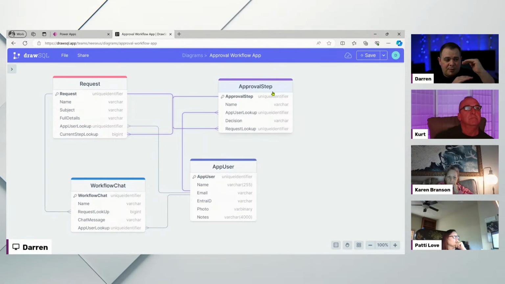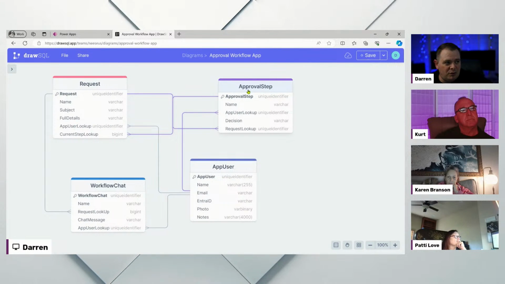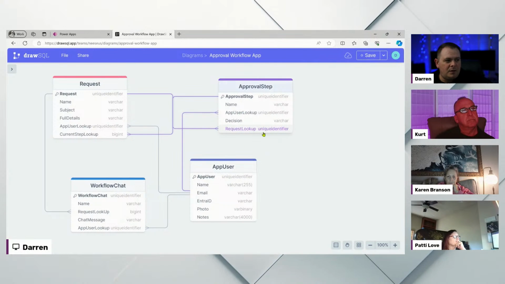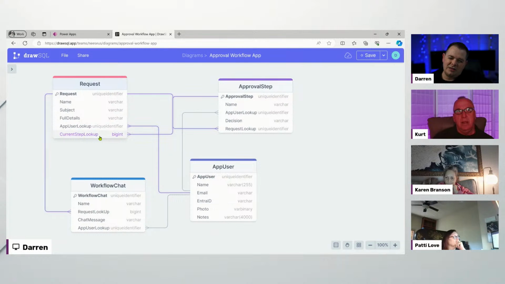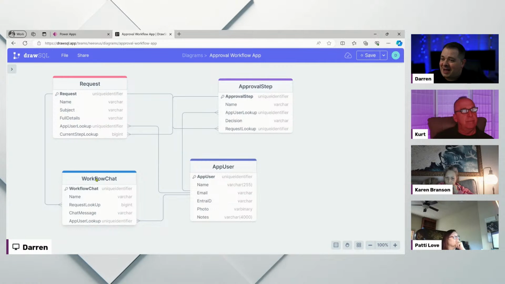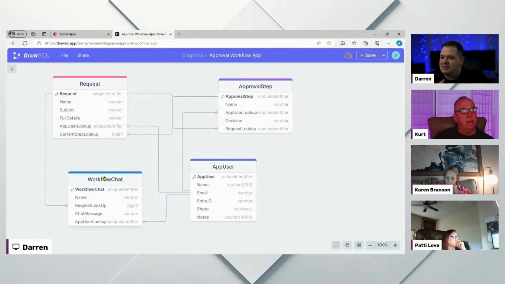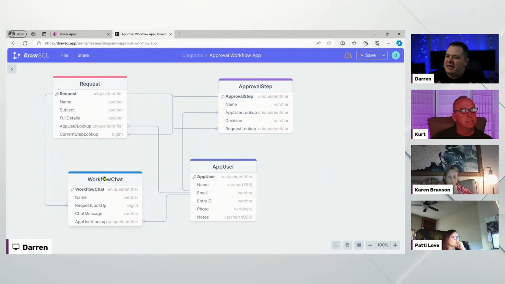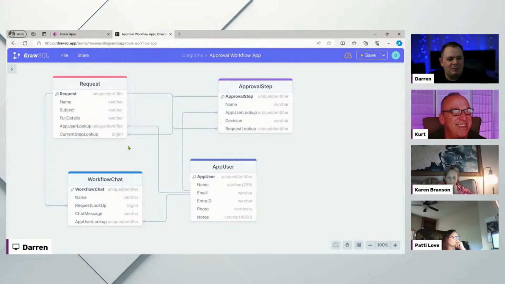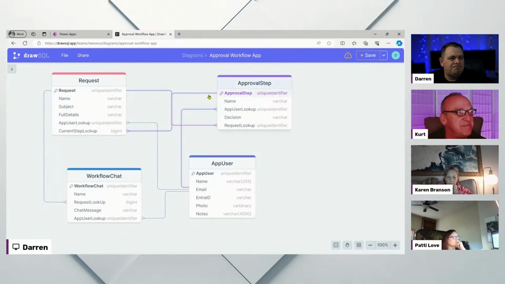So each step will have inside this approval step database table that will refer back to this request. And then we also have a current step lookup, which is the reference to the current one. And then we got a little chat that we're going to get to later on. As somebody requests something and it's going through the different steps, all the people involved can have a little chat on the side. It's like, hey, I could really use this laptop any day now, guys,